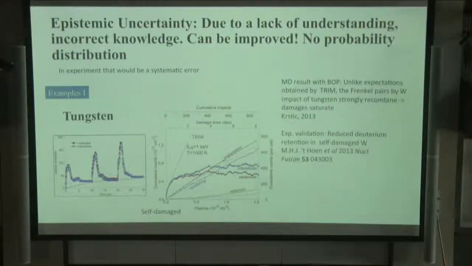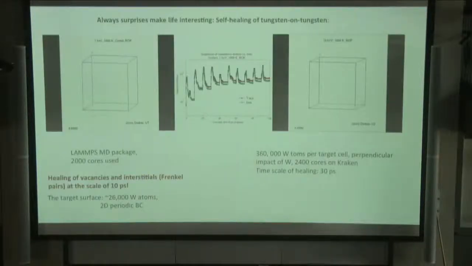So what we see here is that if you do it right with MD, with complete angular dependent potentials, I'm not saying ideal, but much better, then you get saturation. Interstitials and vacancies are saturating. If you look in time, you see a jump in the creation of interstitials and vacancies, then it drops, jumps, drops, jumps, drops, and that's all happening on a scale that depends on the impact energy. In this case, the impact energy is 1 kilowatt, so the scale is 10 picoseconds. And why? These two movies show why. You see that you create first a lot of